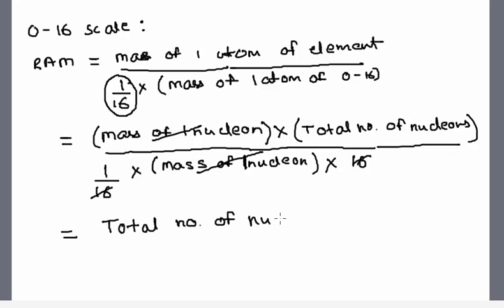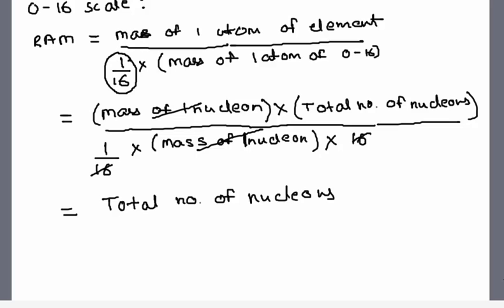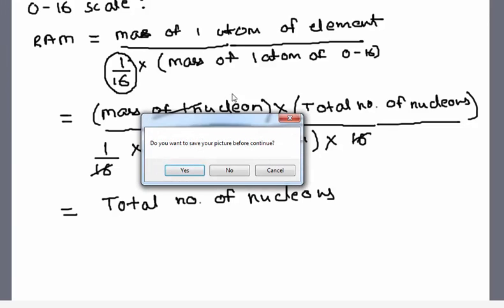Fine. So you see, the idea behind this is that whatever the scale we choose, the meaning of Rm shall remain unchanged. At this point of time, I am just telling you how we define Rm on the oxygen 16 scale. As we move ahead with our lectures, very soon we'll also be discussing why we had to change the scale, first from hydrogen to oxygen, and then from oxygen, the present accepted scale is that of the carbon scale. So I'll just define Rm on the carbon scale as well.